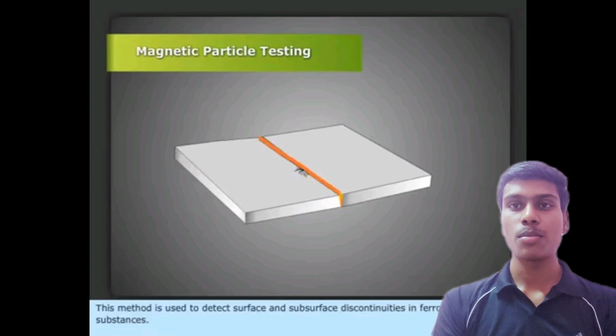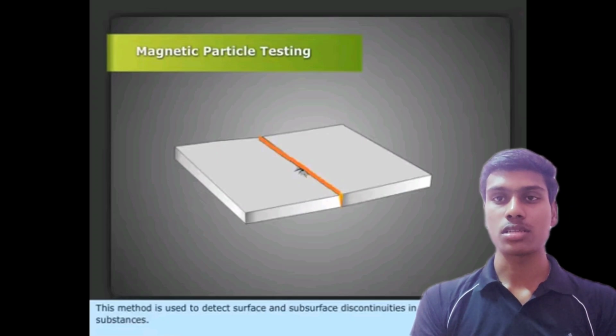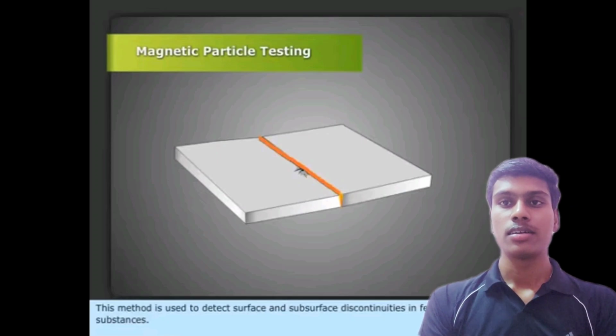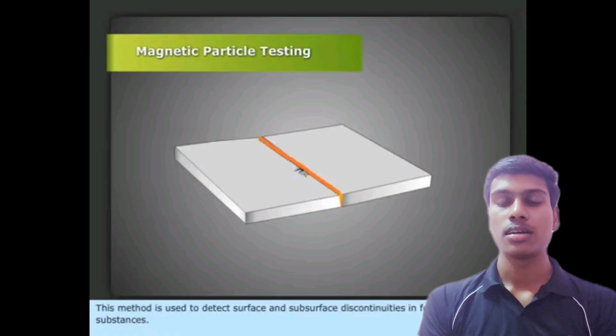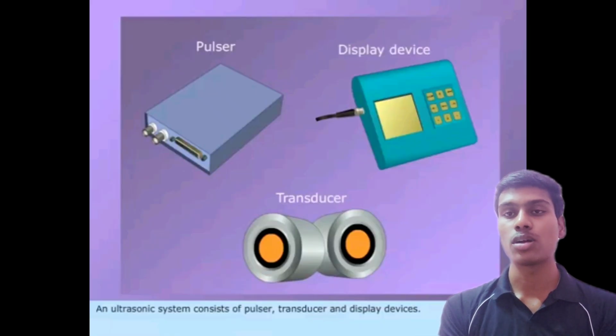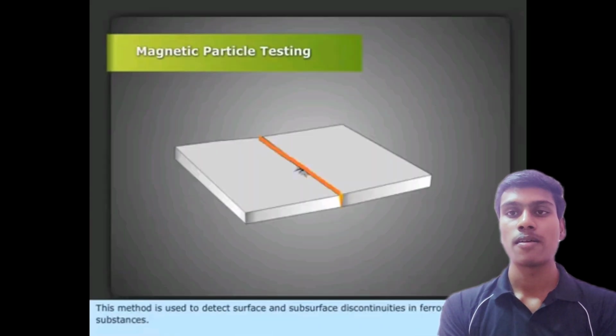In this video, we will learn about non-destructive testing processes. Already we have learned about dye penetrant inspection in the last video. In this video, we will mainly focus on a major testing process, magnetic particle inspection. Magnetic particle inspection is one of the non-destructive testing processes, and it is done with the help of a suitable magnetic field